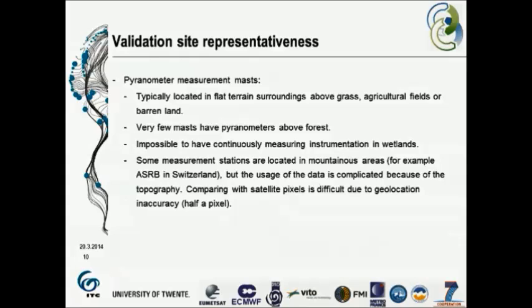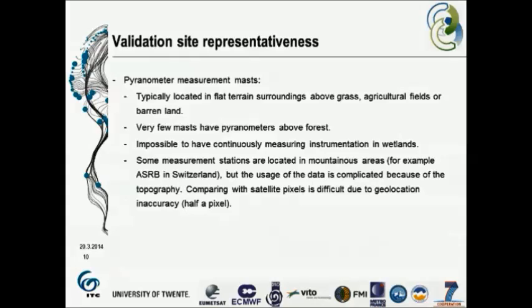Very seldom do we have pyranometers operating continuously above forests. And what is even worse is that it is impossible to have continuously measuring instrumentation in wetlands because the wetlands are such an unstable basis for